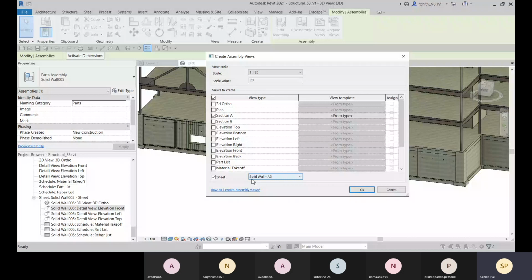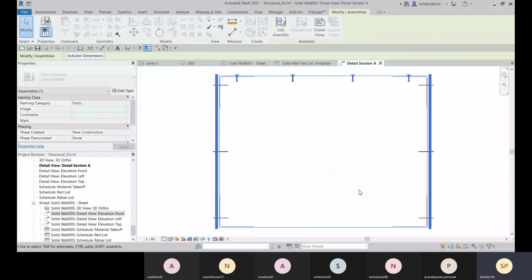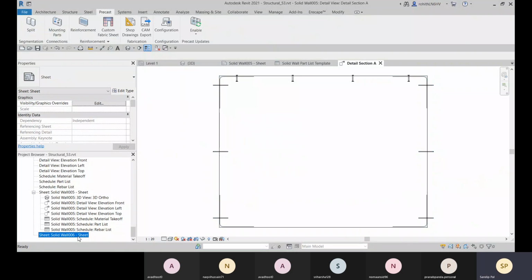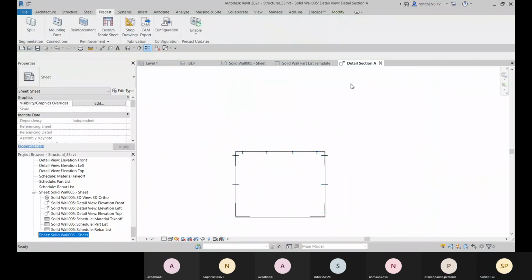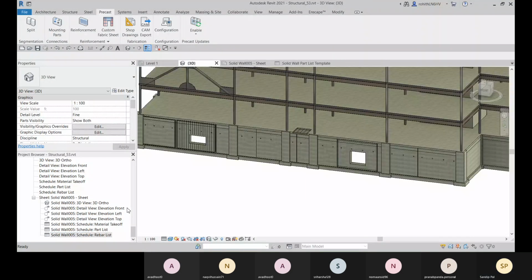I will select that, and then click on OK. And here you can see that this one is created.